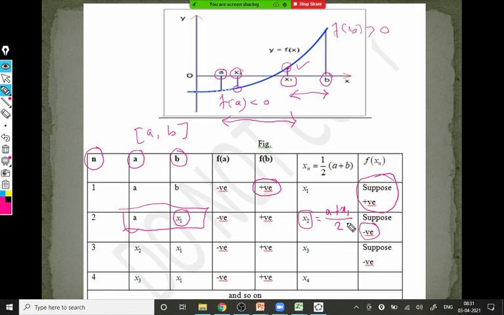The root will be in the interval between x2 and x1, correct. So this is x2 and x1. The root goes in the interval x2 and x1 because f of x2 is negative, f of x1 is positive, and the root is in this interval now. And again we calculate x3 with the formula x2 plus x1 upon 2,